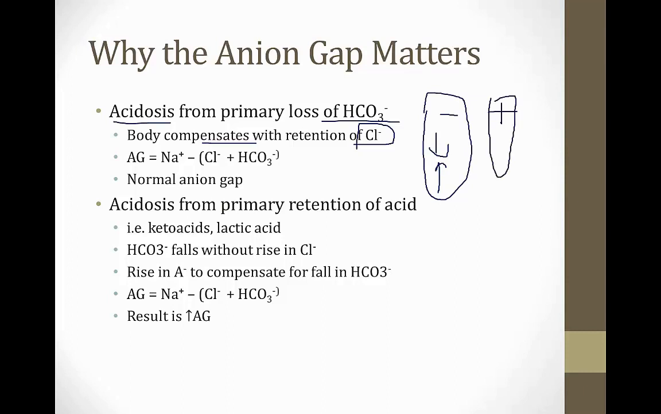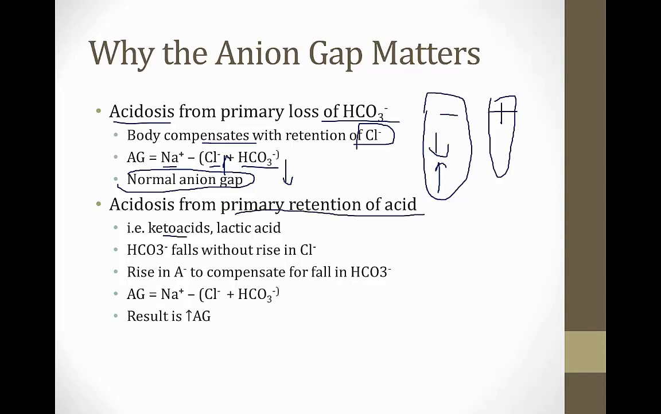So the anion gap is sodium minus chloride plus bicarb. If your acidosis is from the loss of bicarb, but then you retain chloride, the result is that the anion gap remains normal. On the other hand, if you have an acidosis from primarily the retention of an acid, for